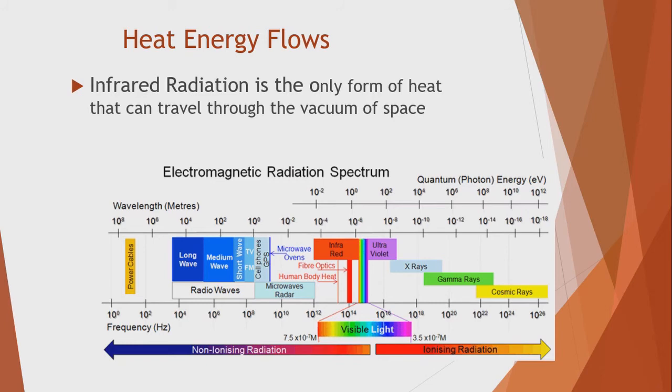So it's similar to something like sunlight or radio waves or microwaves or the waves that your cell phone uses, those invisible waves that you can't really see and that can move around in the world. Any hot object basically produces infrared radiation, and it's actually a good thing that this happens.